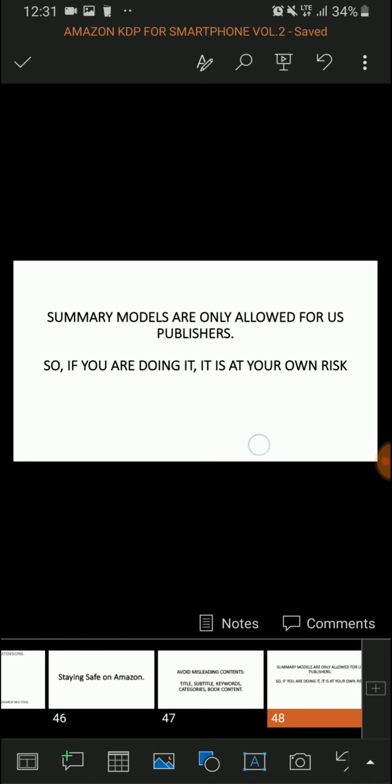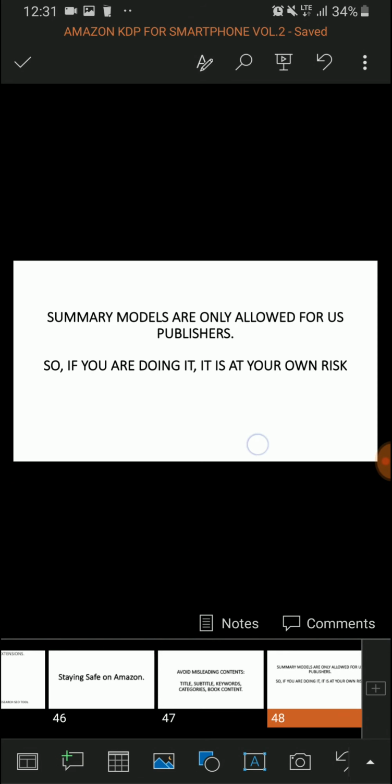Maybe one for your dad with your dad's details, or one for your mom, one for your sibling, one for your friend. Just make sure you can create 2 Amazon KDP accounts. Now you're wondering, on the same phone? Yes, use 2 different browsers. You can use your Google Chrome to host one Amazon KDP account and use your Kiwi browser to host another KDP account.